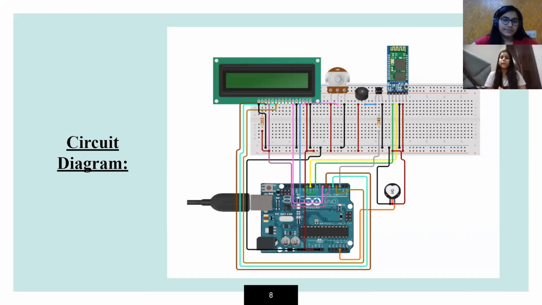Okay, so let's look at the circuit diagram over here. As we can see, there is an Arduino Uno board which is connected to a port which we can connect directly to a laptop or any power bank. Also, after that, the pulse sensor is connected to the Arduino. After that, there is a breadboard in which all the resistors and the required jumper wires are connected. Over there, we can also see HC05, which we are using for the Bluetooth module, and it is connected to the Arduino with respective TX and RX wires. Also, the LCD display and a buzzer is attached, and all the jumper wires are being attached manually and correctly.